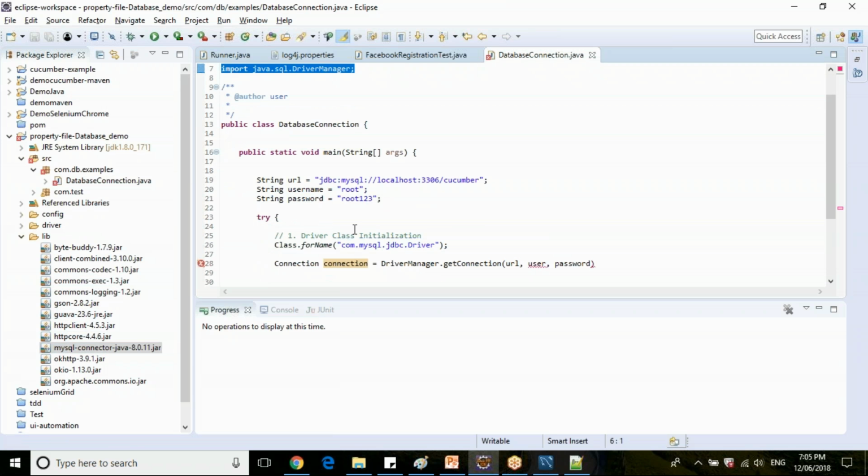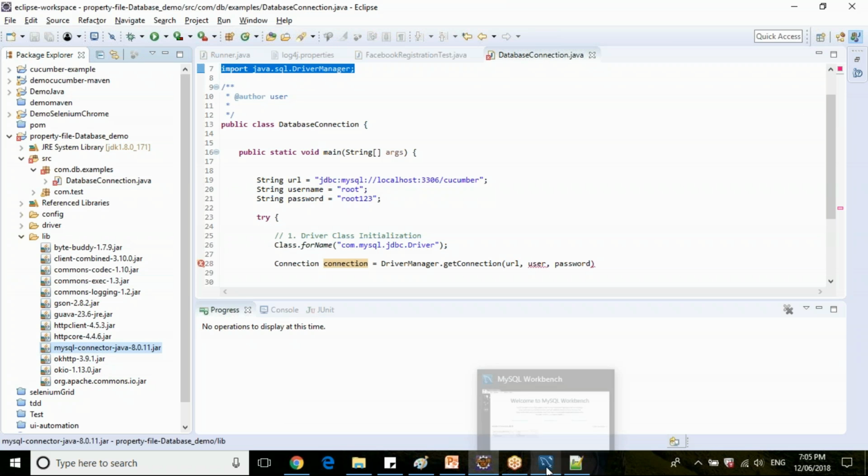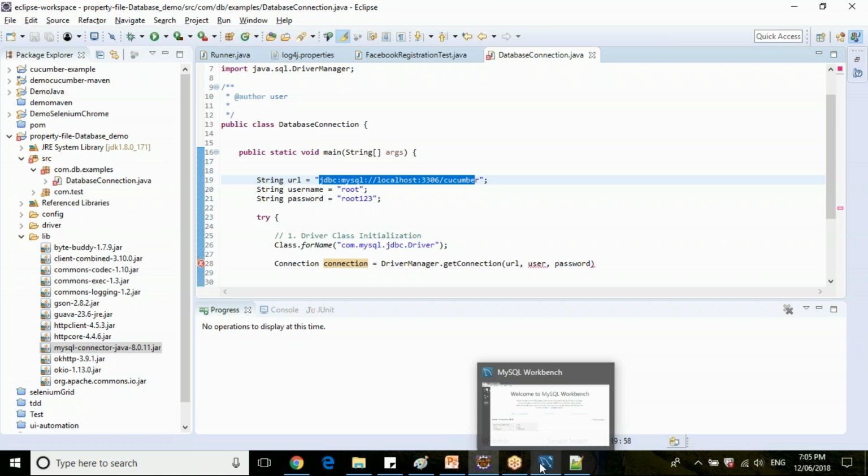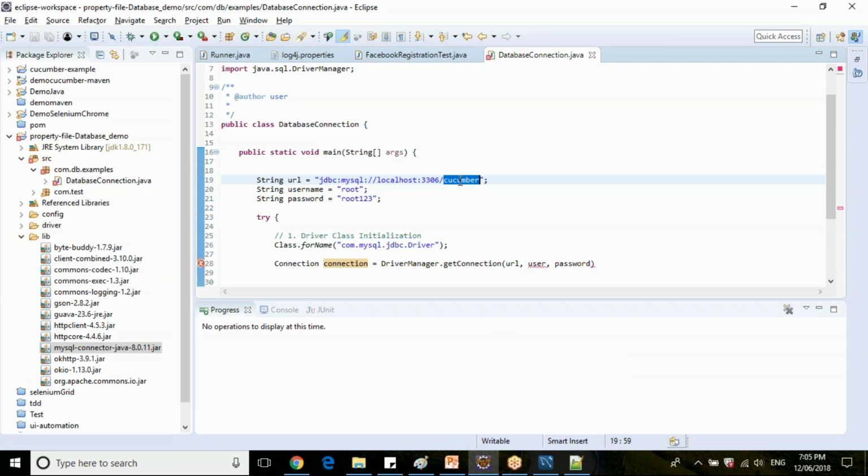So now you got an idea, right? How exactly we are able to communicate with the MySQL server, because we have a MySQL connector jar which will allow us to provide the URL. The URL will contain where my MySQL server is available, which schema I am working on, and what the username and password are, so that I can establish a successful connection.